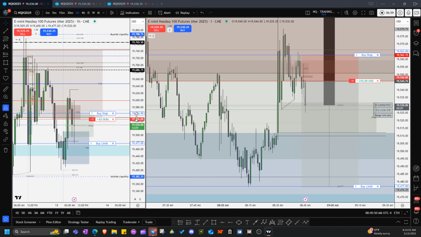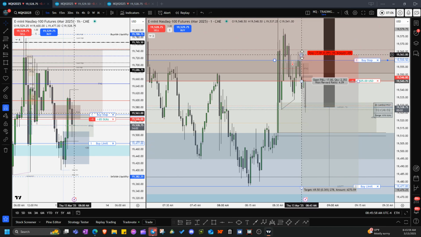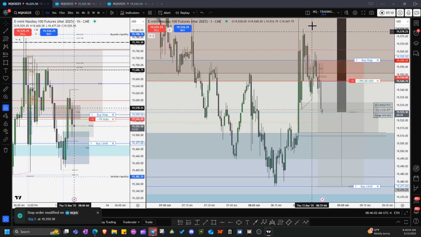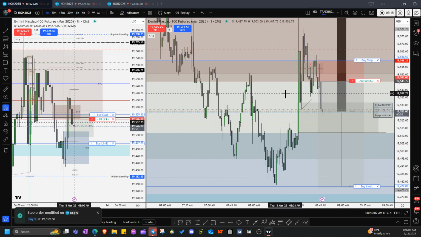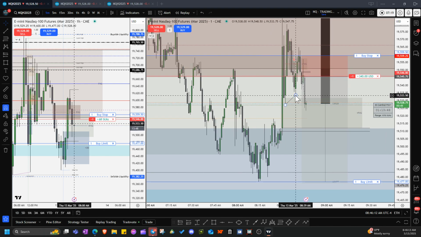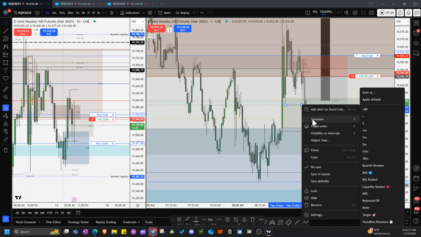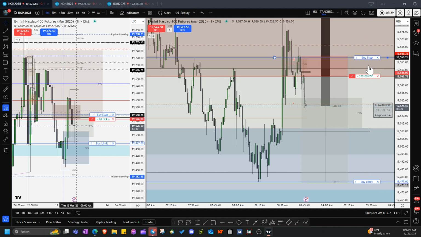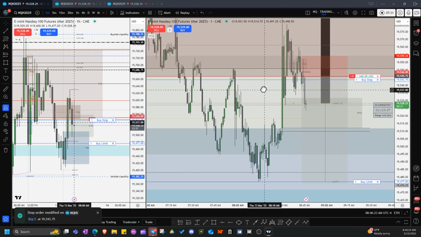As you guys can see, that's the 1 hour that we were looking at. So what I'm going to do now is shift my stop loss a little lower again to the highs here. We're now risking 54 points. We just took out those lows that I mentioned right here. Stop loss is at break even now